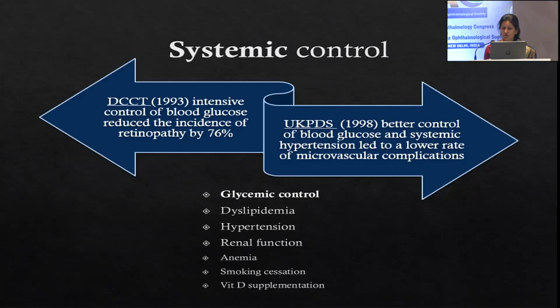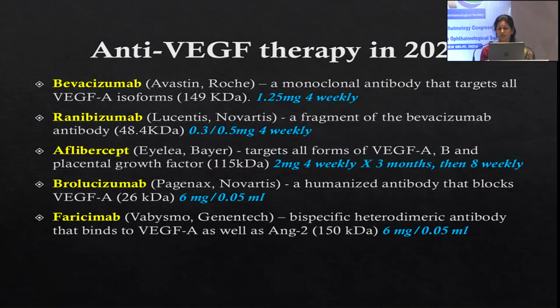Again, I want to stress on systemic control, and here I also want to talk about vitamin D supplementation, which I feel is very under prescribed, especially by ophthalmologists, and it has a statistically proven bearing on the incidence as well as progression of diabetic retinopathy. So when the patient comes with cataract or has cataract surgery, this is a good opportunity to check for this parameter and add the supplementation in conjunction with the physician.